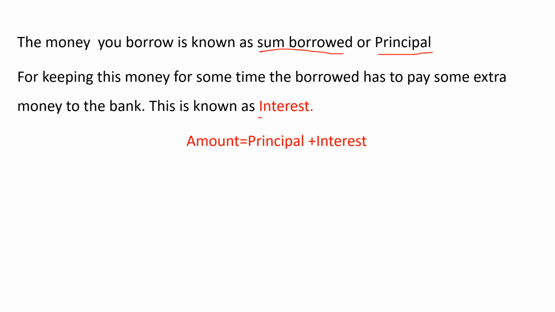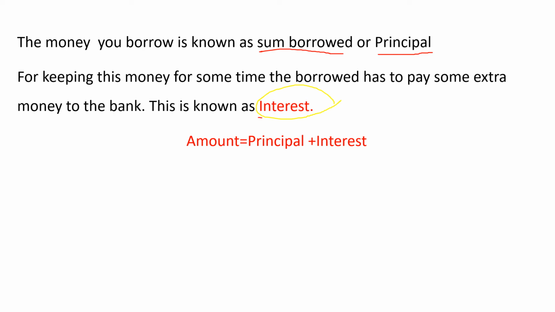For example, they'll be giving 1 lakh rupees and they'll be giving 1 year's time to return it. So you're borrowing 1 lakh rupees from some finance company or finance bank, but monthly you will be paying some amount, right? Maybe 500 or 1000 rupees. That is known as interest. Interest means you will be borrowing some money, but you have to pay some extra money each month. That is known as interest.